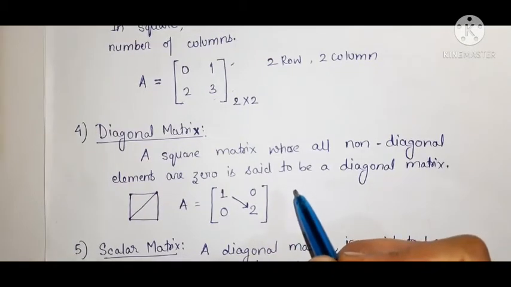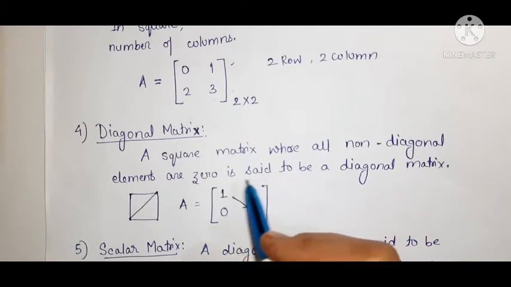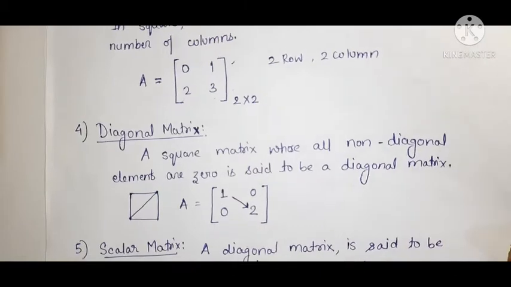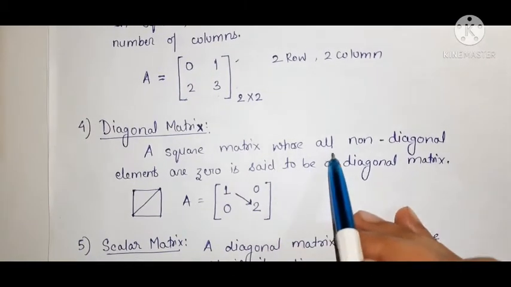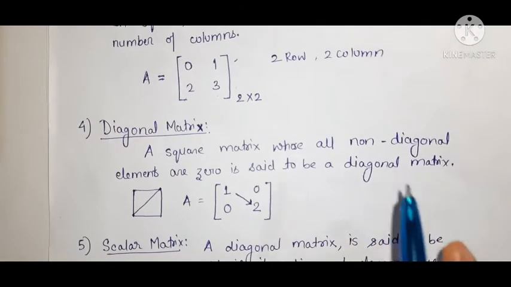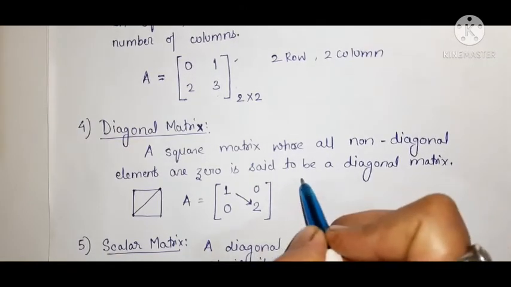In the last video, we discussed the different types of matrices. We discussed the diagonal matrix. In a diagonal matrix, we studied that a square matrix whose all non-diagonal elements are 0 is said to be a diagonal matrix. One condition is there. Non-diagonal means